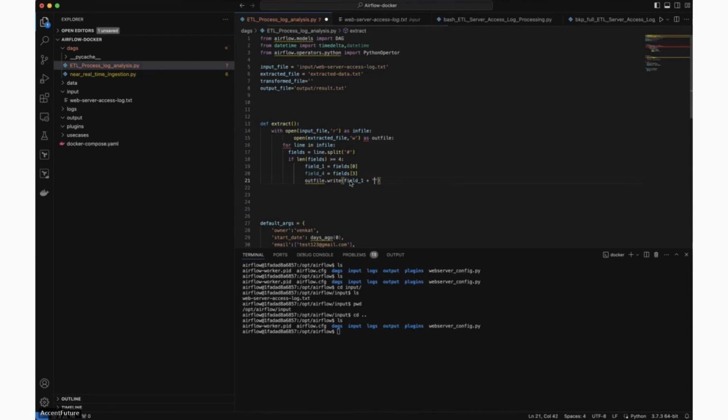You got it? So this is not output file, this is out file. This out file is nothing but an alias, meaning the extracted file. If you have any confusion here, I can call it ext file, the extracted file. That's an easy naming convention. So field one,